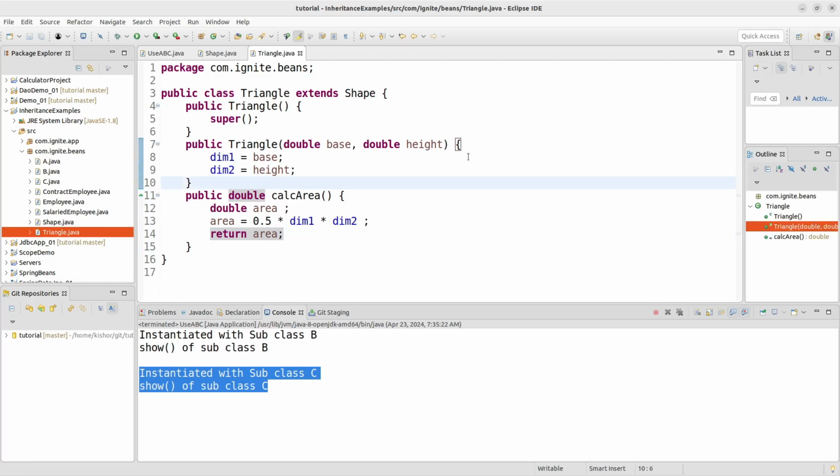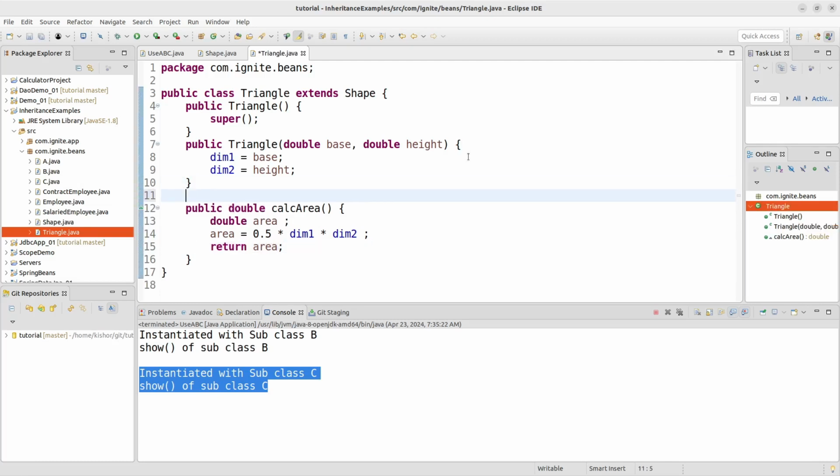Now there is a small tip you have here. We have a doubt whether we are exactly overriding or not. How do we get to know? You put one annotation above the method which you are thinking is overriding. Override annotation you put. If it did not show any error here, you are perfectly overriding the superclass particular member method. For example, here,